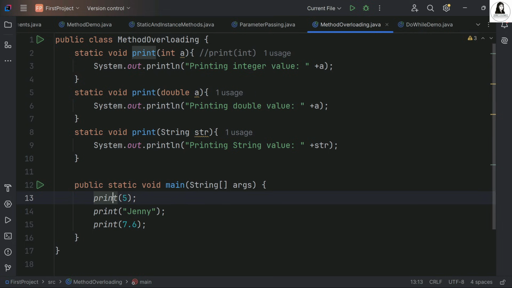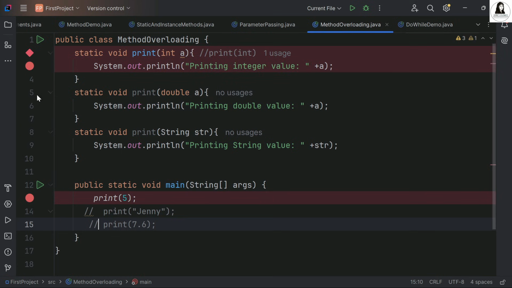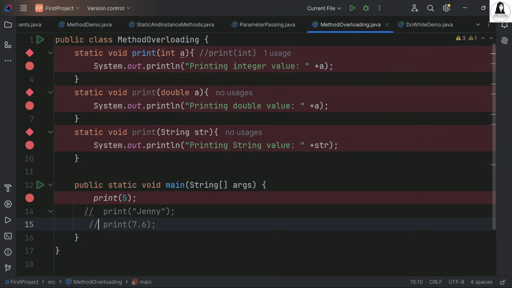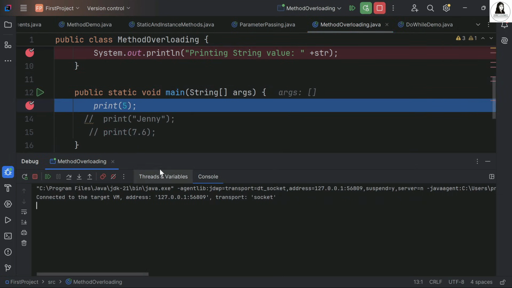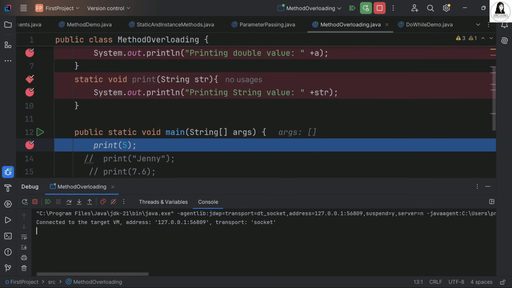Right? Not these two. Let's just comment out these two and I'll show you, let's debug this. Let's just add some debugging points, the breakpoints. Let's just debug this. So you can easily debug and check which method is going to be called. This is the best way to check, right? So now we are having